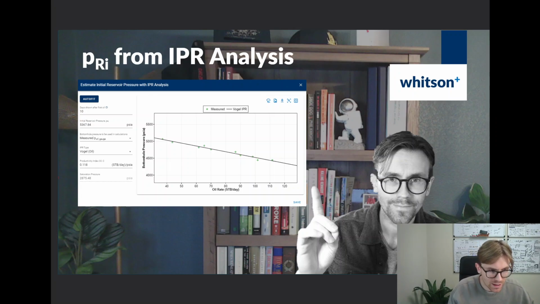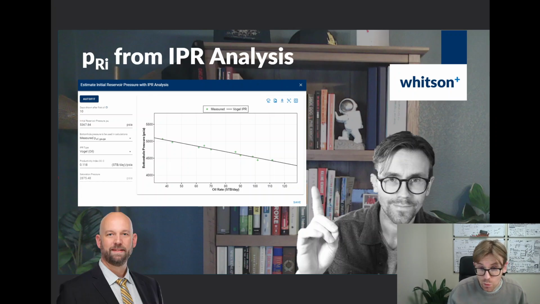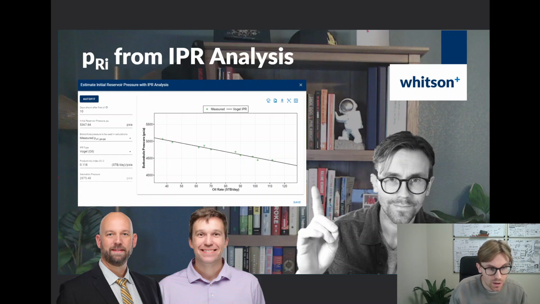It was an idea that was originally proposed at Whitson last year by our friend Sam. He had a great presentation on the concept there. Then we learned that several of our clients were actually doing this in internal Excel sheets, etc. Peter, who was working at Southwestern at the time, showed us their workflow. So we implemented it based on that request, and he also presented on that in one of the knowledge shares earlier this year. So we'll make sure to include those two presentations if you want more information about this in the